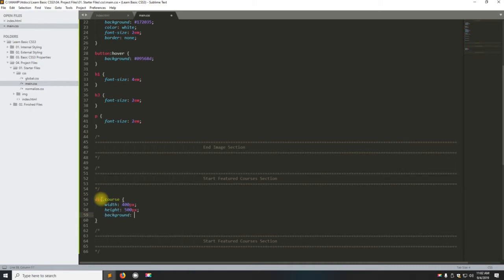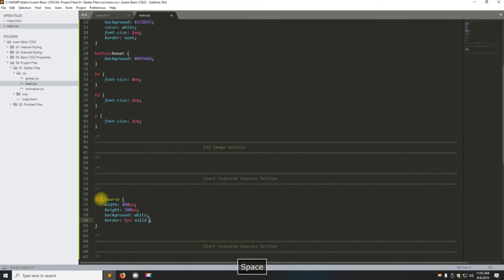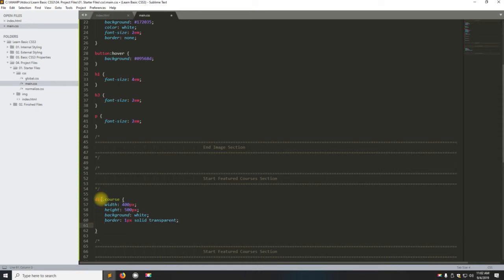Background is going to be white. Border is going to be 1 pixel solid, and it's going to be transparent. Okay, then we'll do position absolute, and we can do top